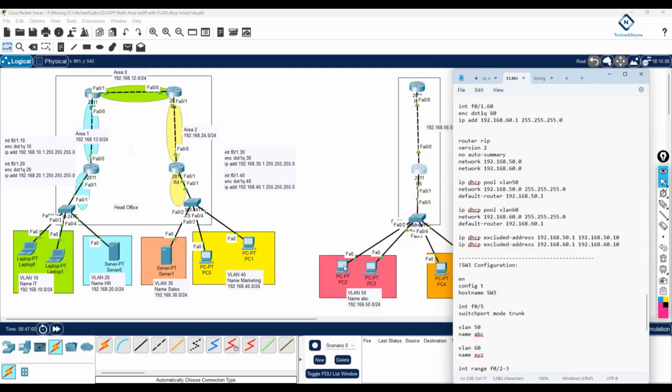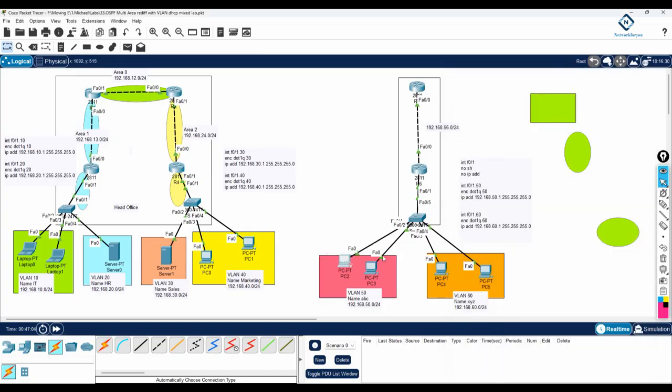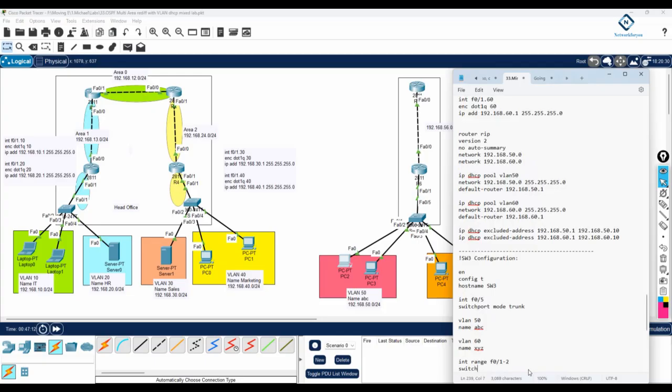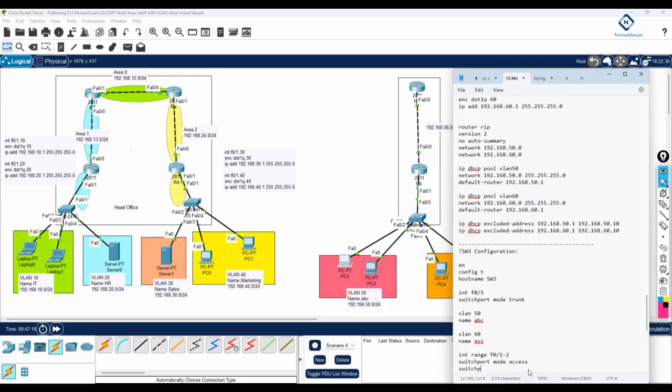What is that one here? 1 and 2. Okay, from here 1 and 2 we can write switchport mode access, switchport access VLAN